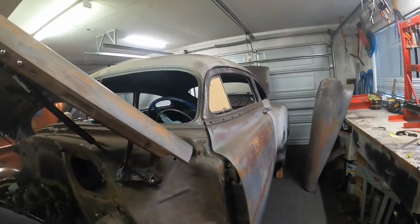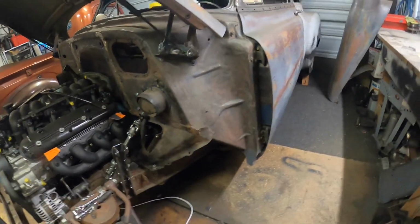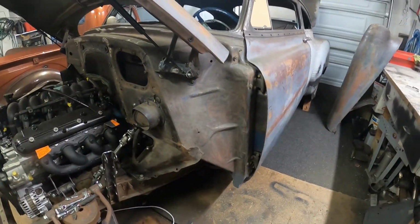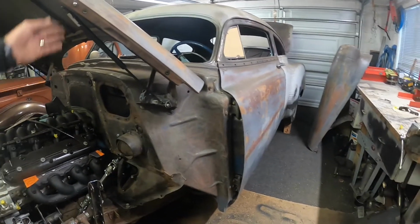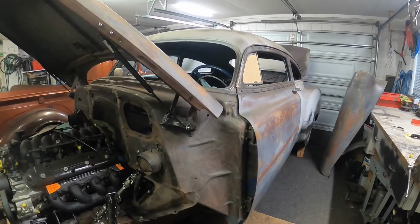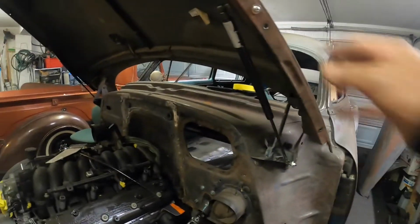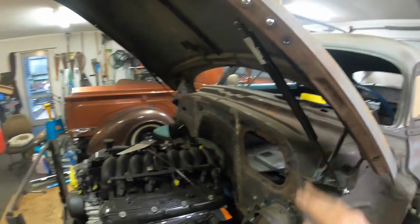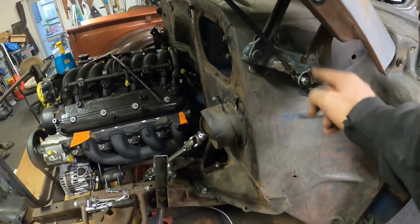I tried doing different ways of mounting them, kind of in the old spring location, but it didn't really work because the springs are a pull and these are a push, so I had to figure out another way. And then just looking at how more modern cars do it, and yeah, just kind of came up with this idea and these angles and stuff, and figured I just needed to add a little doodad in here,